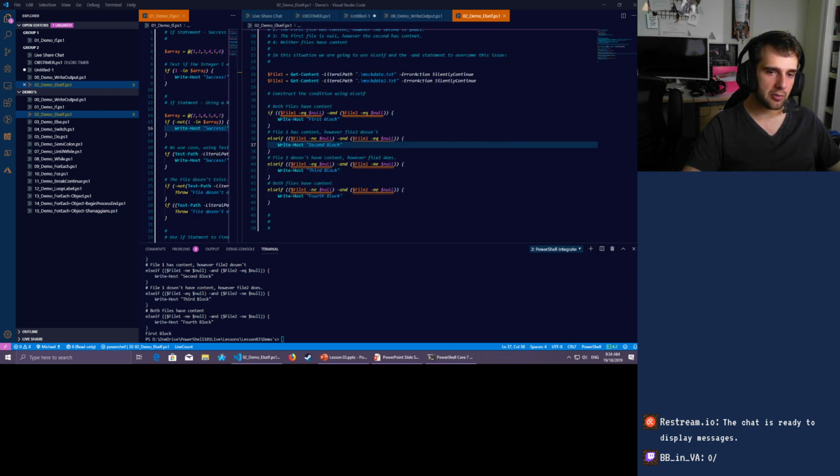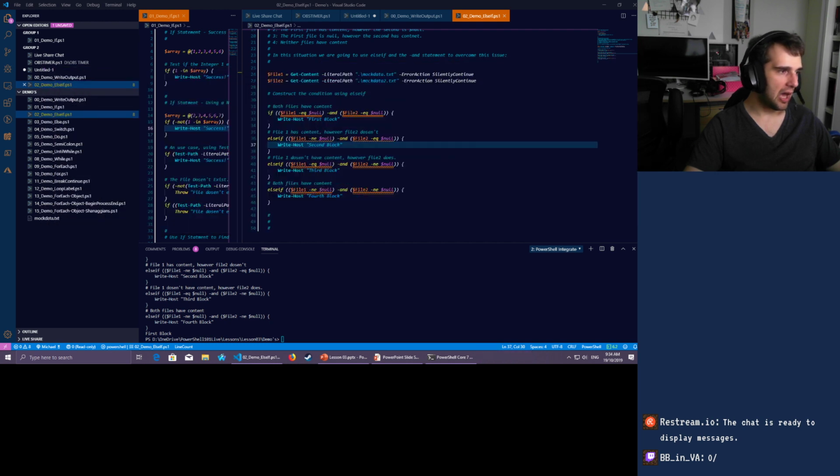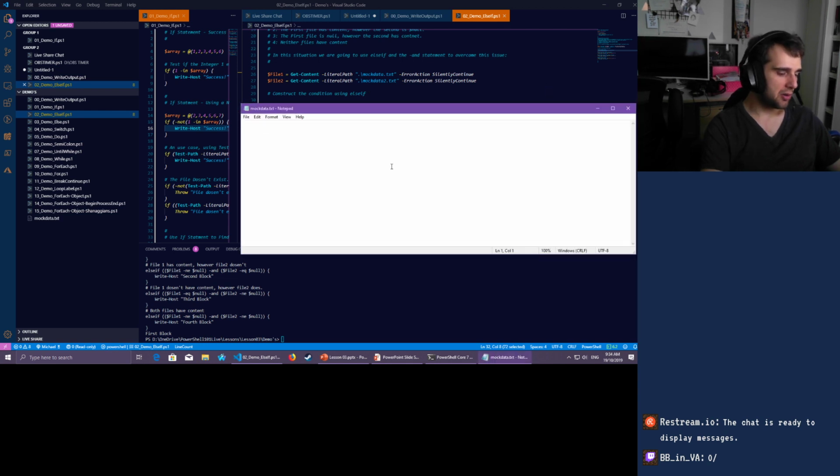So what I'm going to do is create a text file. I'm going to call it mock data. Essentially, when we ran this, we entered the first block because both of the data didn't exist. So now we're going to say this is mock data, and if we rerun this piece of code,